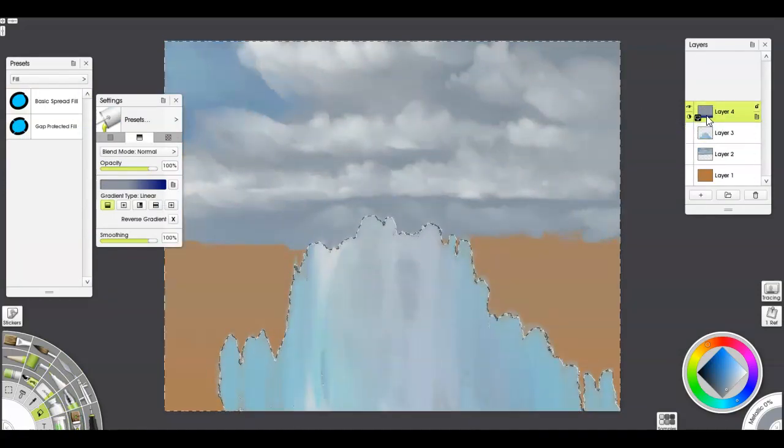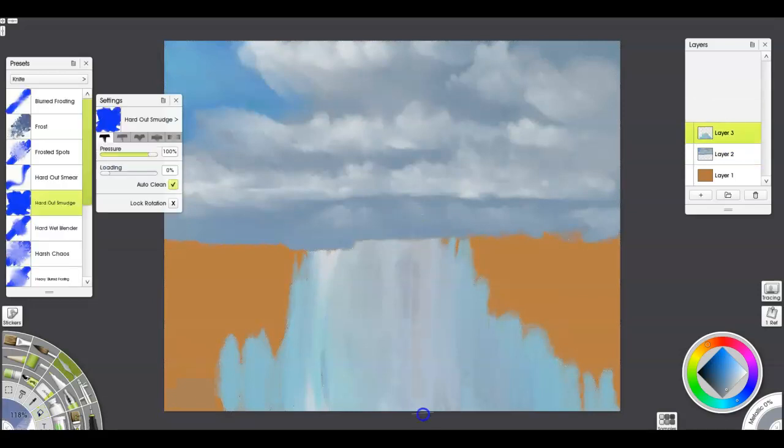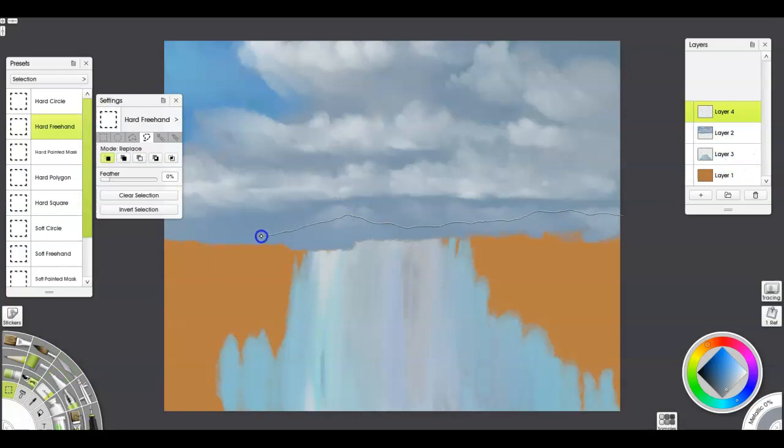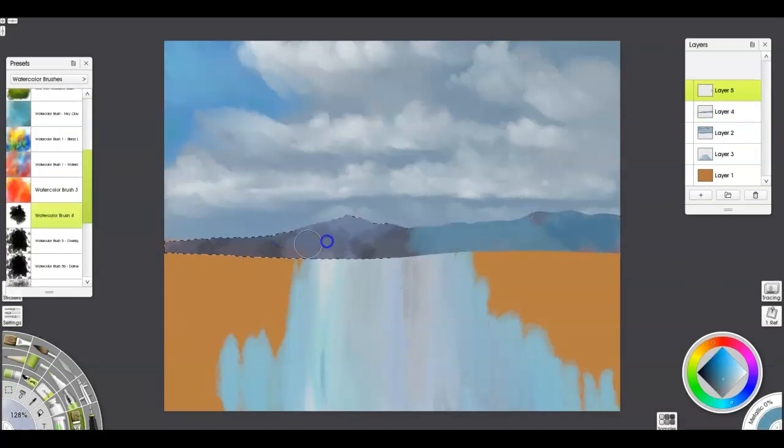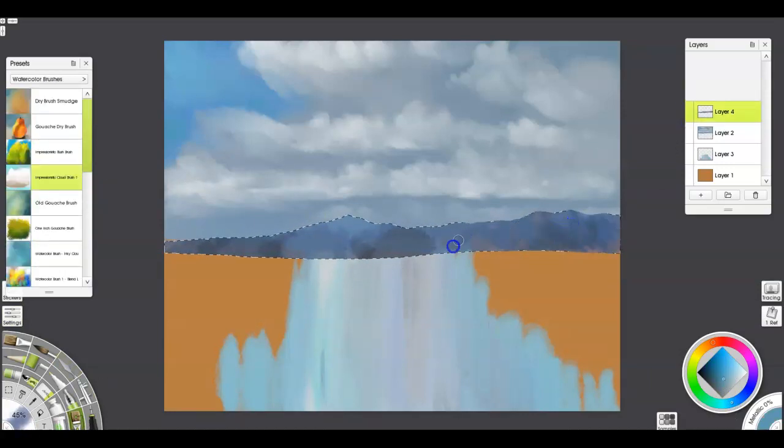Now it was a little oversaturated, so I created a saturation layer over top of it. And then I took that and put a little blue-gray there on that saturation layer, which then knocks the saturation back on it. Using the lasso tool and some of my watercolor brushes, I laid in some nice hills